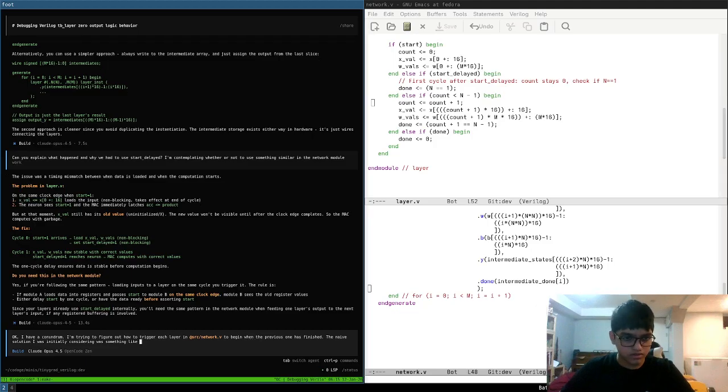Something like passing in intermediate done I minus 1 into the start input of the ith layer module, but